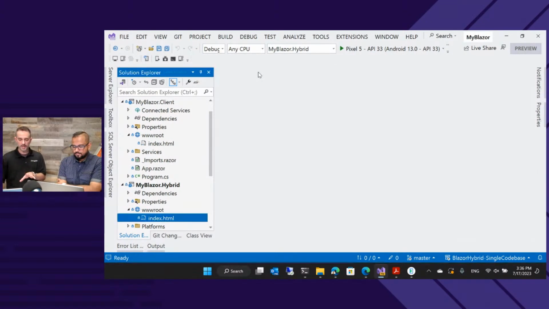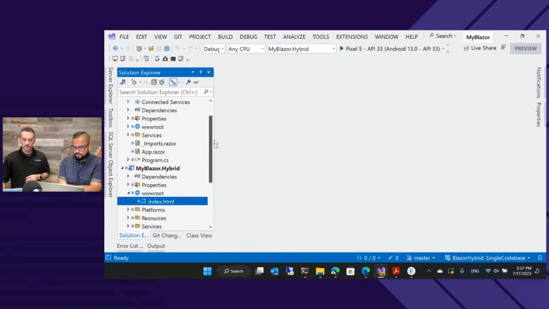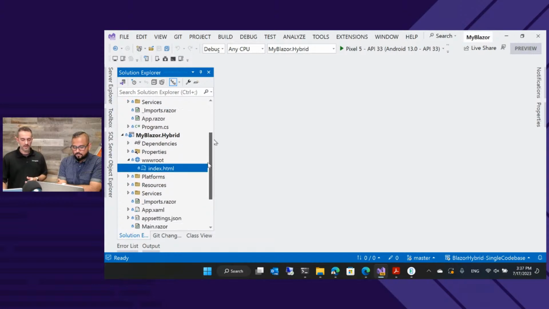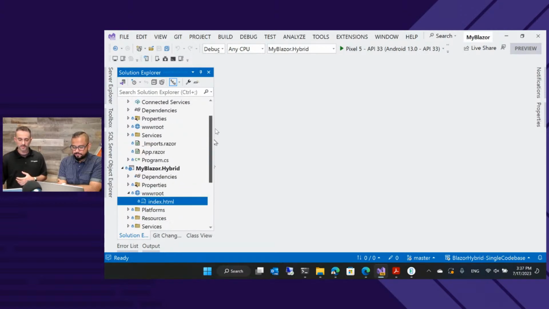So I just wanted to point out that those two are very different just because of that one line. But again, no pages, no shared folder, no Razor components in either of these apps. They all come from that shared UI project.